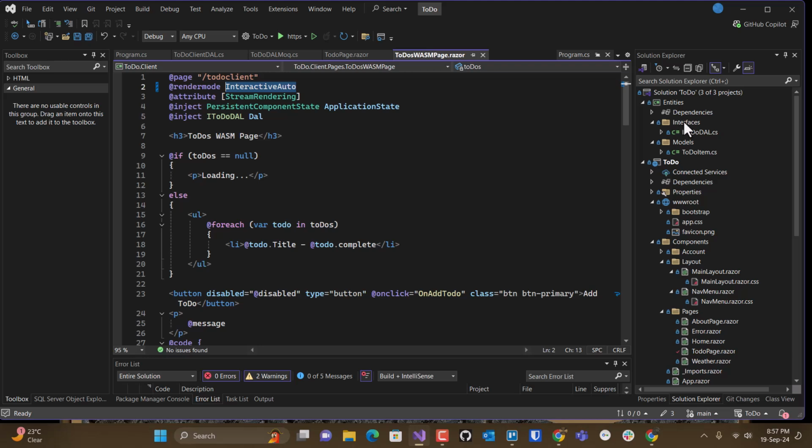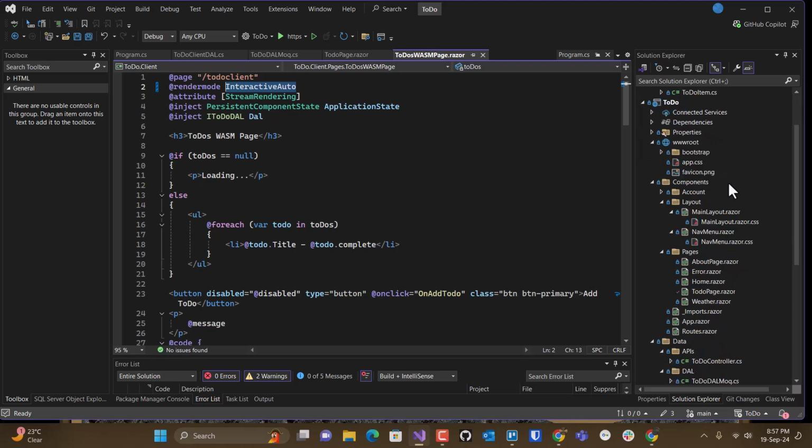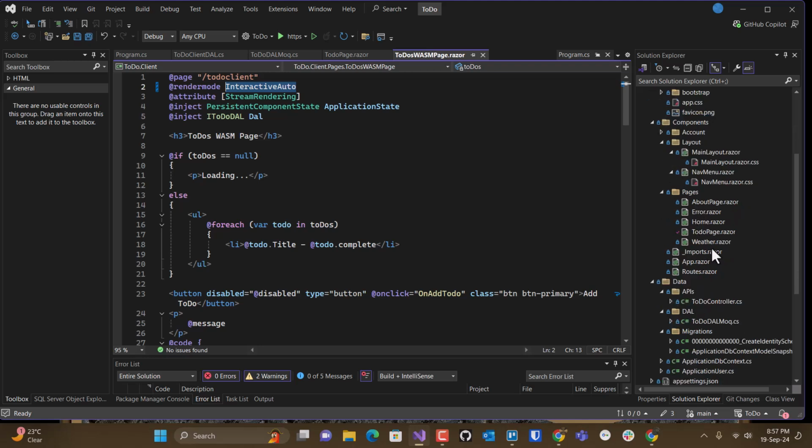So you're going to create an interface that lives in an entities folder on the outside. You're going to implement that interface on the server side for its access to data,